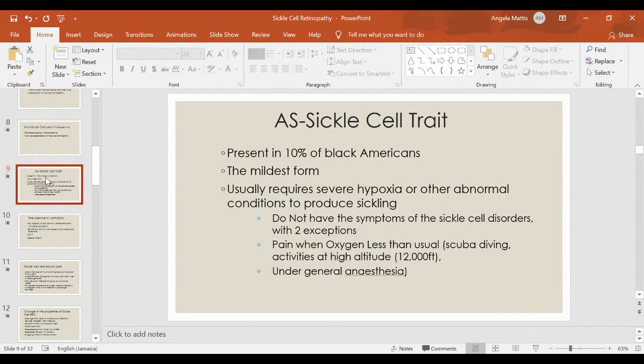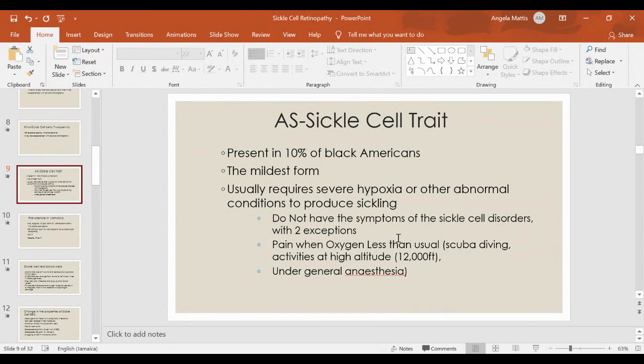And sickle cell trait is present in about 10% of Black Americans, and it is actually the mildest form. You're usually normal, because some patients go through life and don't know that they have the trait. It requires severe hypoxia or other abnormal conditions to produce sickling. So unless you're subjected to some abnormal condition, you may not know you have it. So they don't have symptoms of sickle cell disorders except